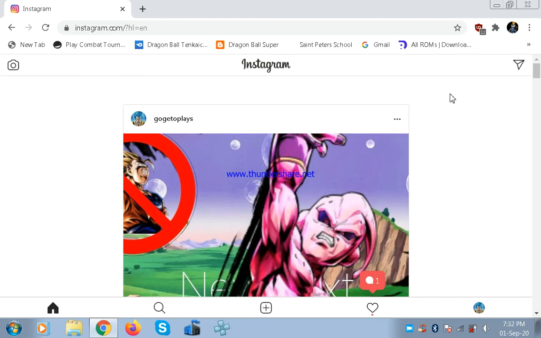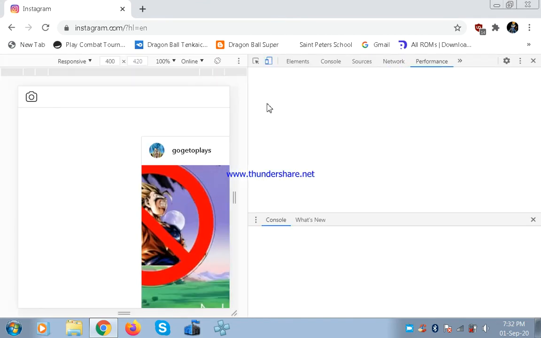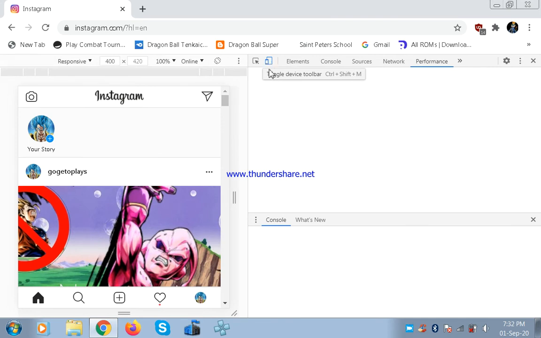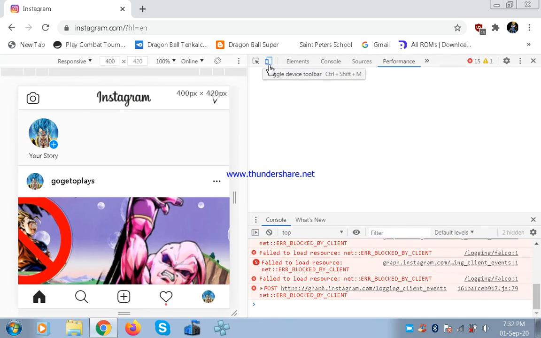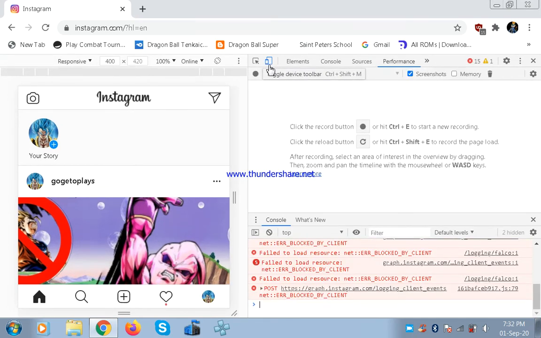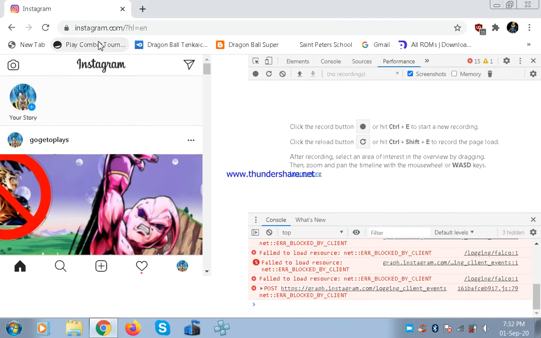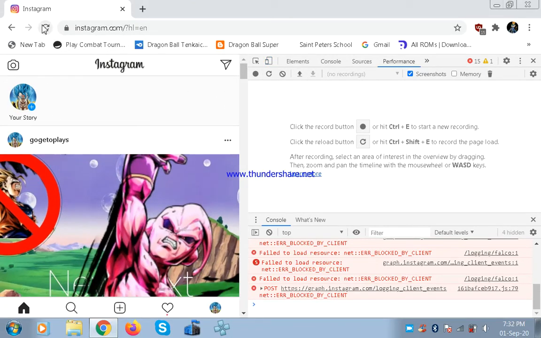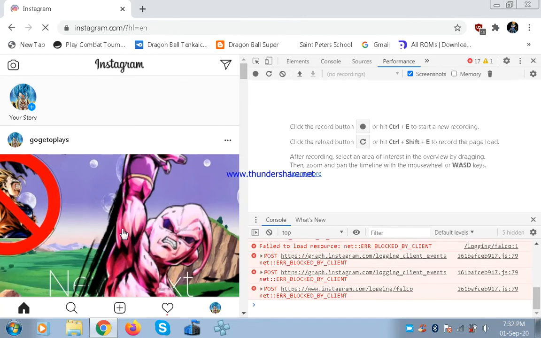And if you want to go back to the default version, the original version of the Chrome browser, what you're gonna do is you're gonna press Ctrl plus Shift plus M, or you're just gonna go Ctrl plus Shift plus I. It's gonna take you back to that inspect window, as you can see here, and uncheck this, or just press Ctrl plus Shift plus M if you think that's easy. Then when you uncheck this, you just have to refresh your page again like this,